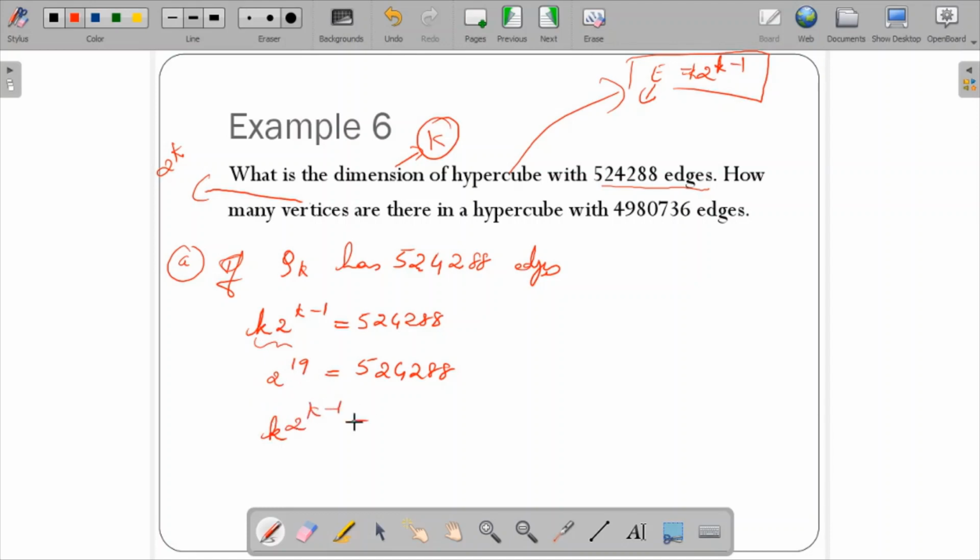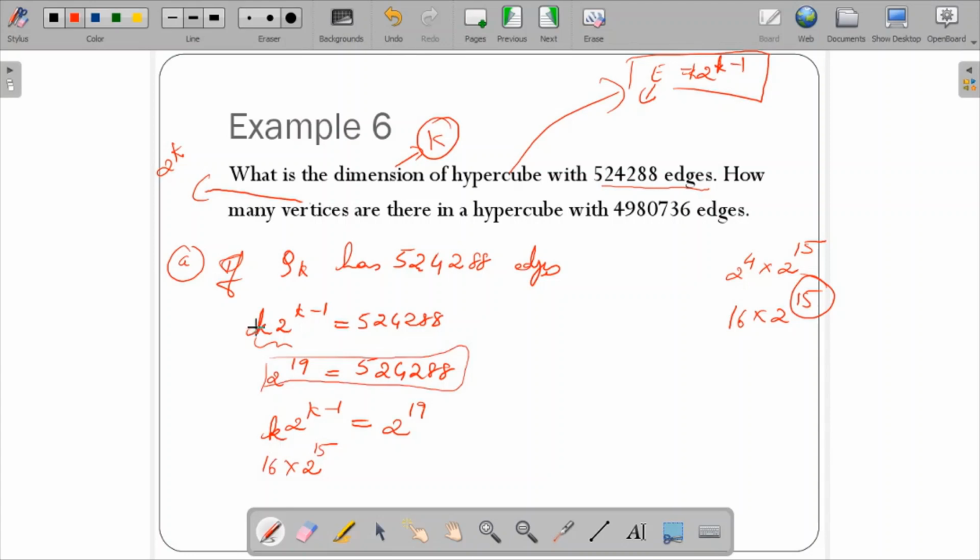So K into 2 to the power K minus 1 is equal to 2 to the power 19. Now if I put the value, I'll get K. If you put K value as 16, that is 2 to the power 4 into 2 to the power 15. 2 to the power 4 is 16, and 2 to the power 15 is the K minus 1 value I can substitute. So it is back tracing. I'll put 2 to the power 4 is 16 into 2 to the power K minus 1, that means 16 minus 1, 15. 16 is 2 to the power 4, so 4 plus 15 would give you this itself, 2 to the power 19.